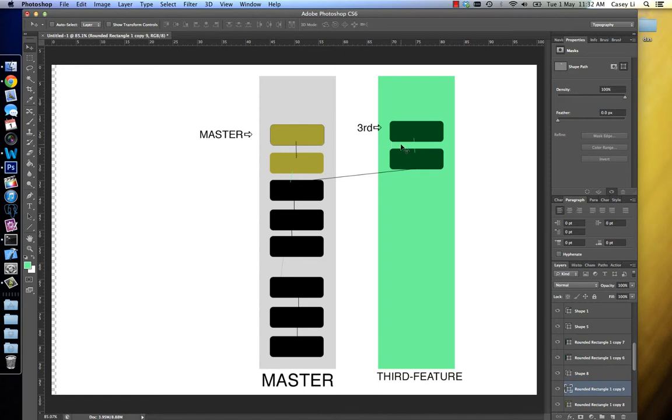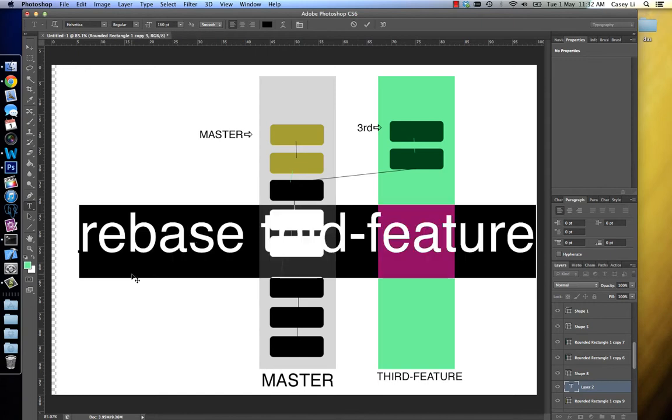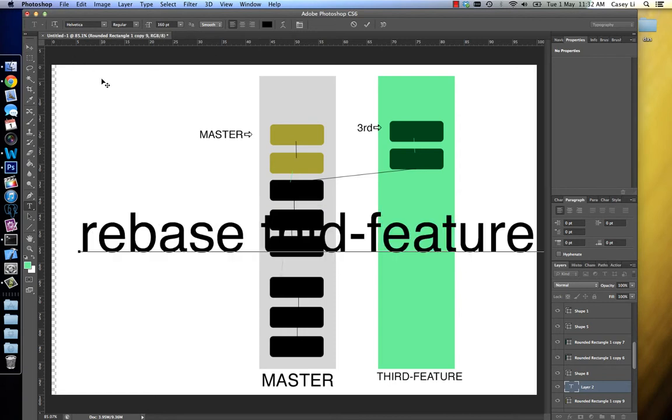Okay, so how this works is if we want to, I should write this out too actually. If we want to rebase third feature with the master,